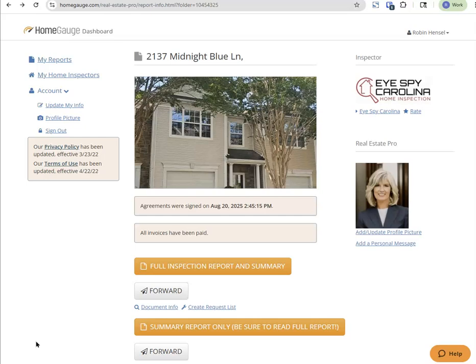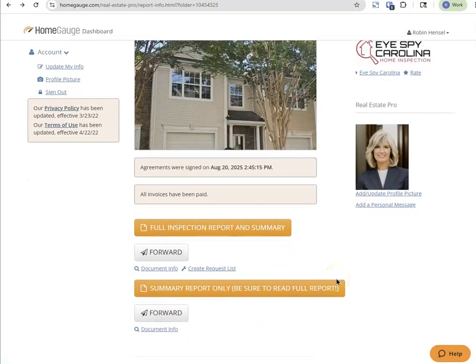So I just wanted to go over this a little bit with you so you understood the process. You can click on either of these darkly colored orange boxes. The full inspection report is here, and the summary of most of the issues can be found here. When you look through it,